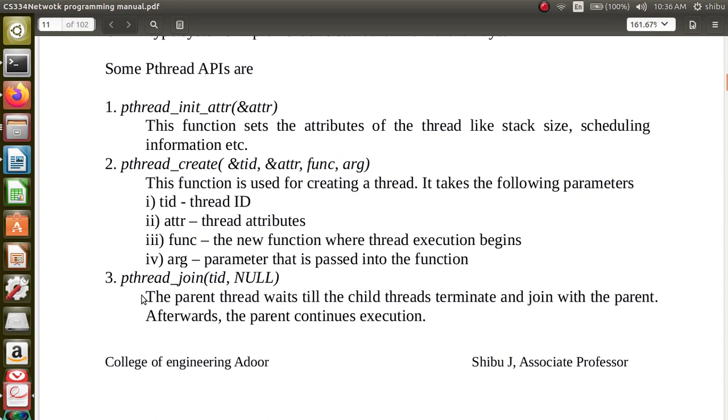Okay, then you have a parent, and that parent is creating a thread, and after the thread you have created completes its execution, it will join the main thread. The parent thread waits till the child terminates and joins the parent. Afterwards the parent continues execution. That means upon creation of the thread, it is doing some other job, and the parent is waiting for the completion of the child process or thread, and upon completion it continues executing the